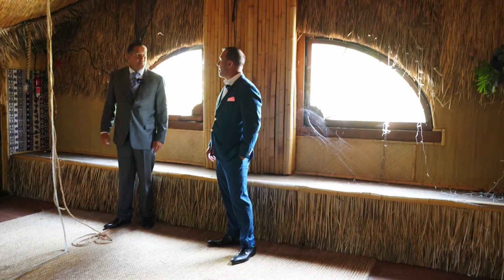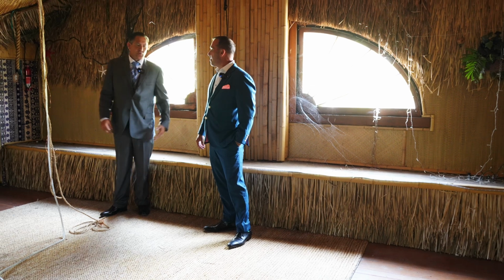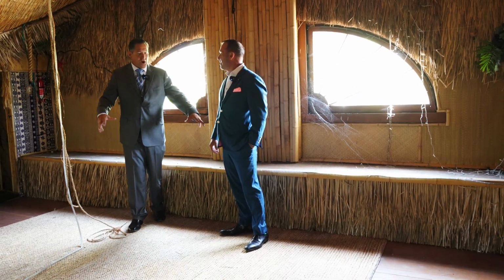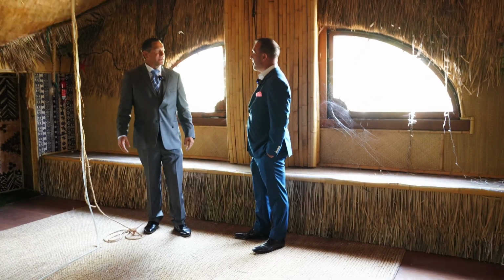Or you could go and get it reconverted again if you wanted to make it a house, but you would have to go to the city. And I don't really see that happening. I see more of a business place where you could have offices, or a multi-residential place, even a bed and breakfast. This would be a cool...